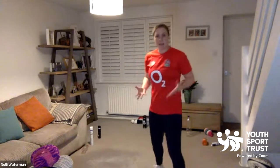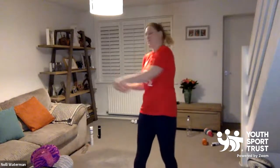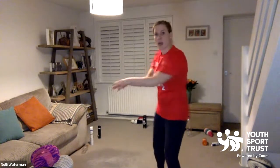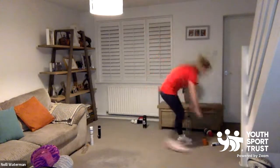Am I looking at where I need to pass the ball? Am I allowing myself the space to be able to rotate by having that leg up so I'm not blocking off my pass and getting all twisted up with my body? Am I finishing where I want the ball to go? Little twinkle fingers towards that target. Keep going. I'm just helping you. I'm giving you some tips. Okay, now,